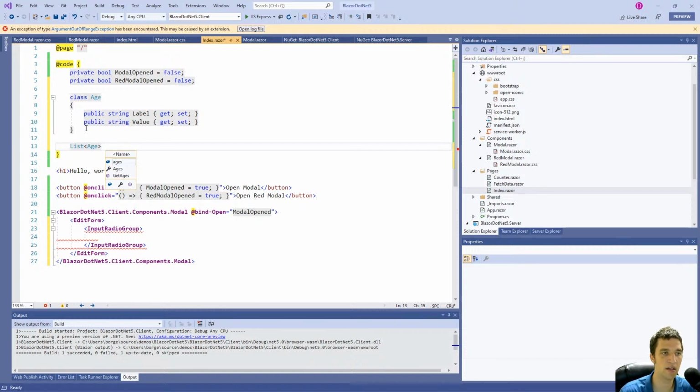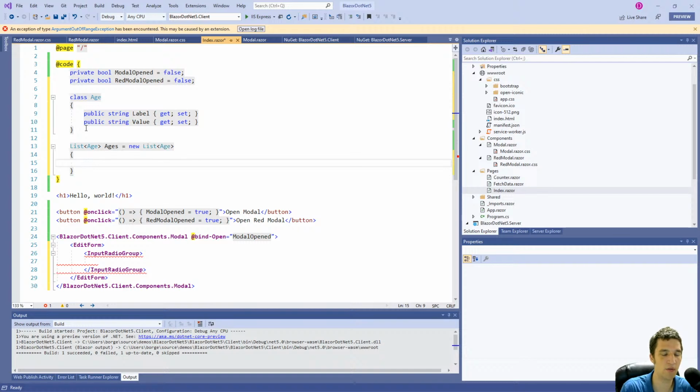So this will get initialized when it first opens up. And we'll call that ages, and there's a new list of Age, and we'll initialize it with some values here. So new Age, label equals under 13, value equals